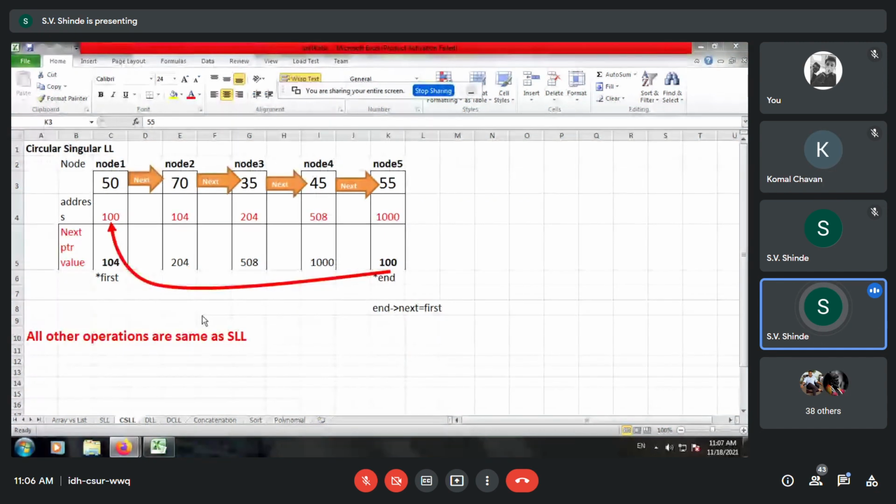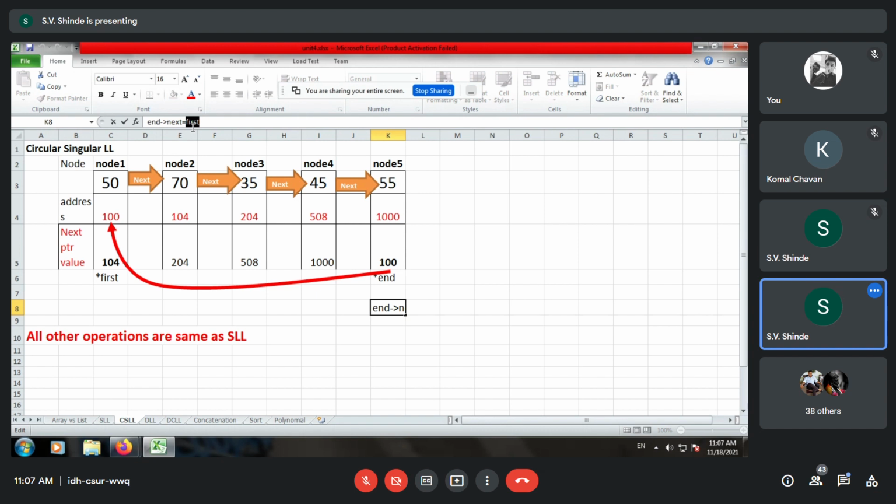So what will be our equation? So the logic is end arrow next is equal to first. So the first node or the head node address over here, for better understanding, we can write end arrow next is equal to head instead of null.